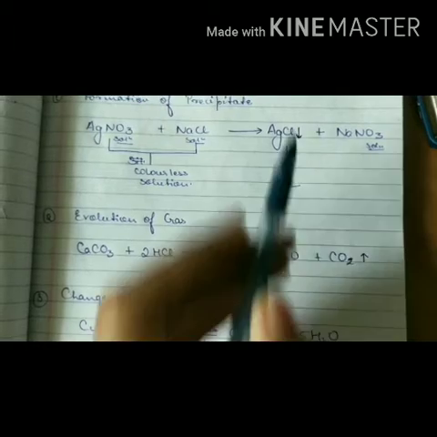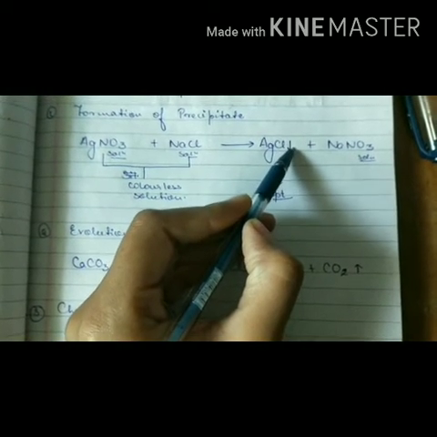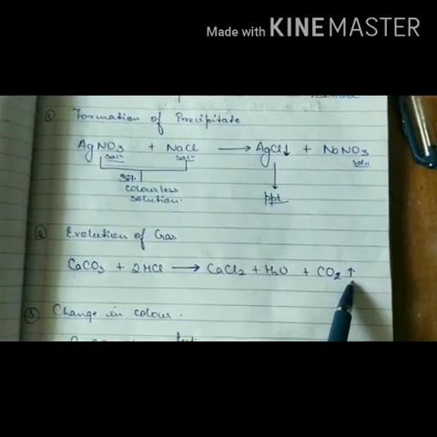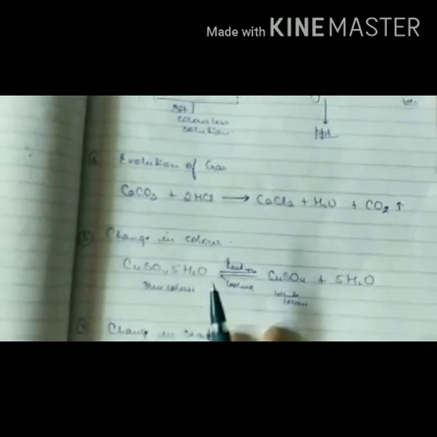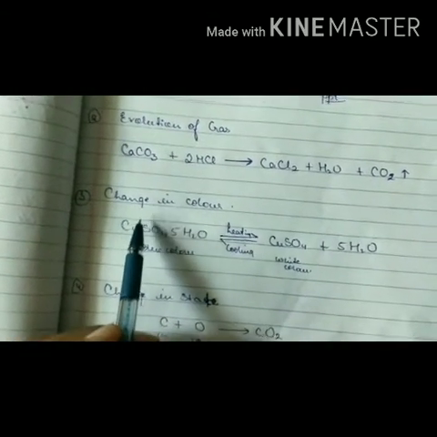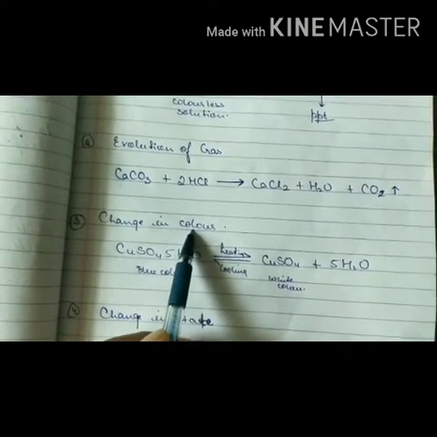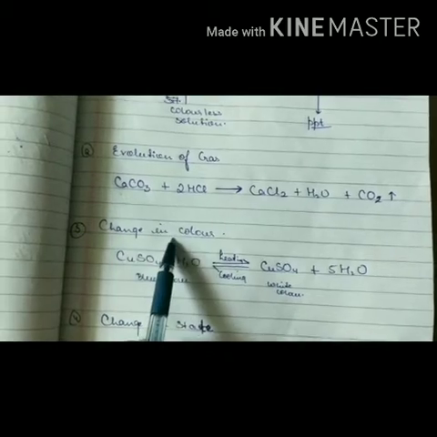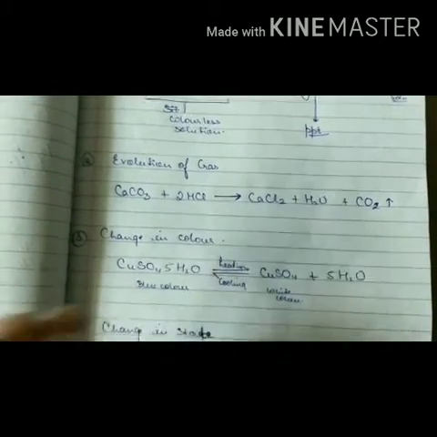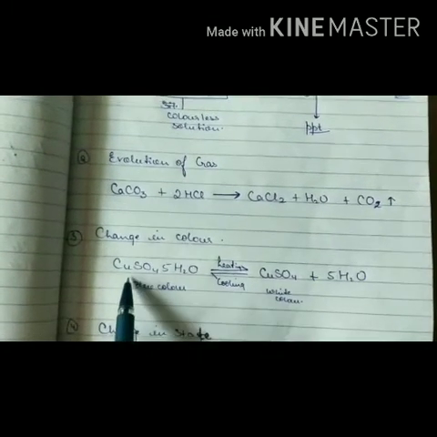One thing more, students: this arrow means the precipitate is settling down, and this arrow means the gas is evolving. Now the third change which you can observe in any chemical reaction is change in color, which means the color of the reactant will be different and after the reaction the product color will be changed. Here you can see